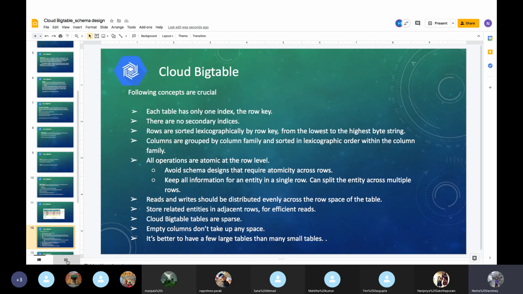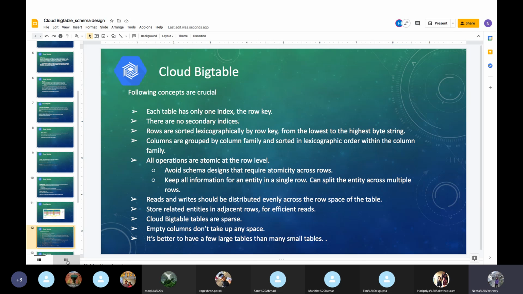So avoid schema designs that require atomicity across rows. Keep all information for an entity in a single row. Reads and writes should be distributed evenly across the row space of the table. Store related entities in adjacent rows for efficient reads.